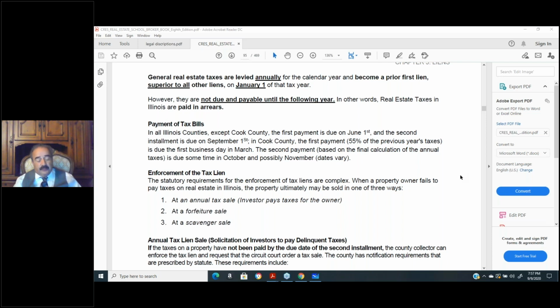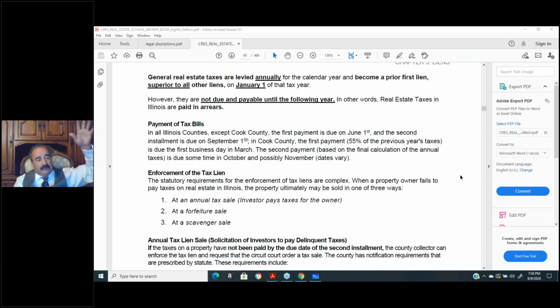Here's what happens. I did not pay my property taxes. 2.5 years have gone by. No one bought my taxes. The county's losing money, so they're not responsible for any back taxes. Starting bid $1, but most of them sell for around $20. And the next one's going to be exactly a year from now, the scavenger sale.